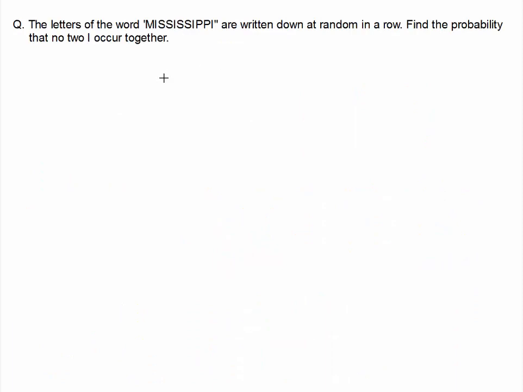Now the next question is, the letters of the word Mississippi are written down at random in a row. Find the probability that no two I's occur together. So first let's see the number of elements in the sample space. So we are writing this word by rearranging its letters. So the number of different possible words with or without meaning would be